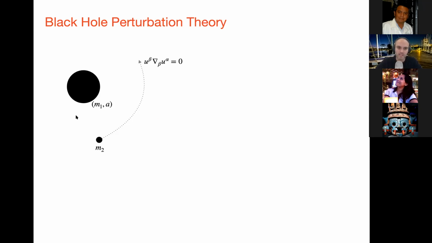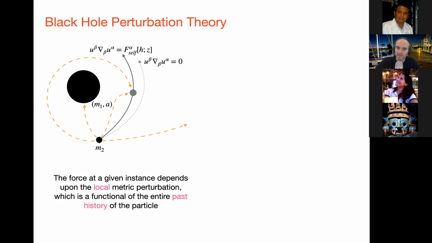So here's our setup. We have our massive black hole and our secondary going around it. And if we're considering the secondary to be a test body, then we know well that this follows the geodesic of the background spacetime. But as soon as we give this finite mass and it induces a perturbation over the metric of the primary, that perturbation will scatter off the curvature of the spacetime set up by the primary. Some of it, of course, will escape to infinity, that's the gravitational waves, but some of it will then re-interact with the smaller body at a later time.